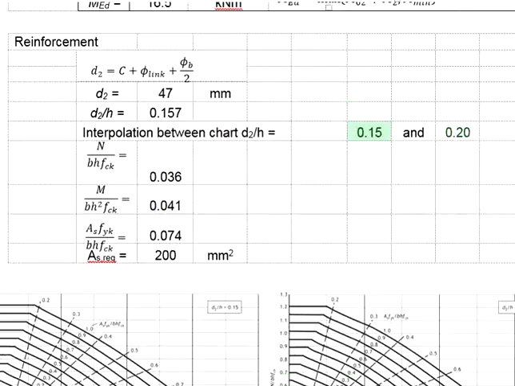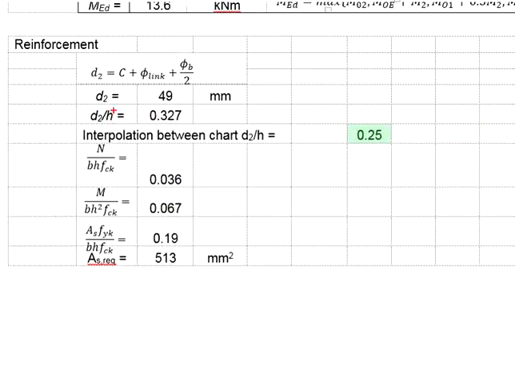Now coming back to the question just now, our D2 per H ratio is 0.327. Is it safe to use the chart of 0.25? I guess you know the answer already. Yes, it is safe. It will be slightly more conservative. Since we do not have a chart catering for this 0.327, using the chart of 0.25 will be the best solution. Having the chart selected, we know the y-axis